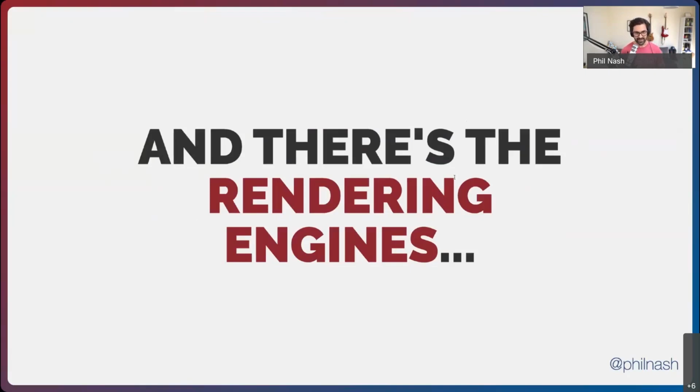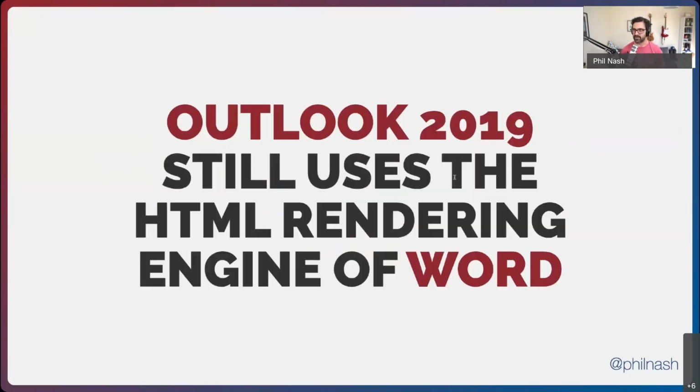And then there's desktop clients, and you're not even sure what's going on with those. And particularly my favorite, or my least favorite, let's say least favorite, I'm not going to be sarcastic about this, it's my least favorite, is Outlook 2019, because it's still, to this date, using the HTML rendering engine of Word. And if you're not into HTML emails,